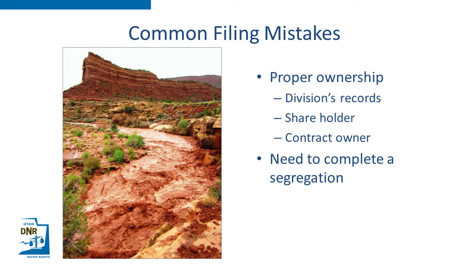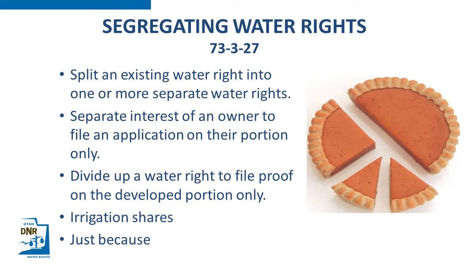The next common filing mistake is someone will try to file a change application to a right that has not been segregated from a larger right. For example, say you have a water right with 100 acres of irrigation and you intend to move 1 acre of that irrigation to a new property, but the rest is going to remain the same as it has always been. Segregating that 1 acre to a new water right number allows you to file a change separate from the